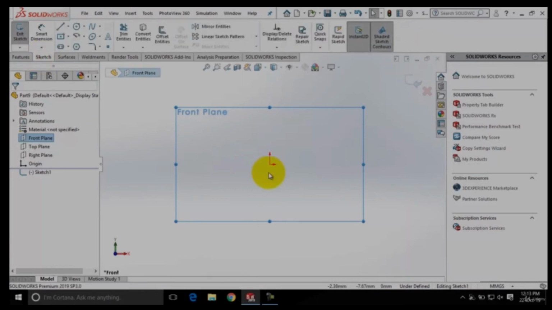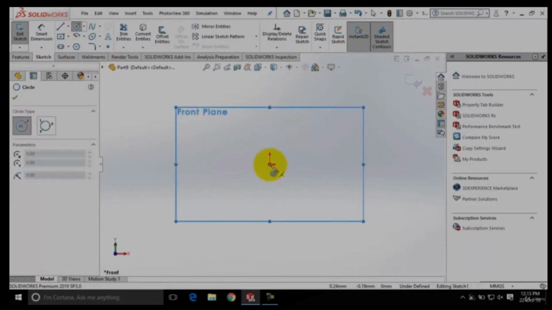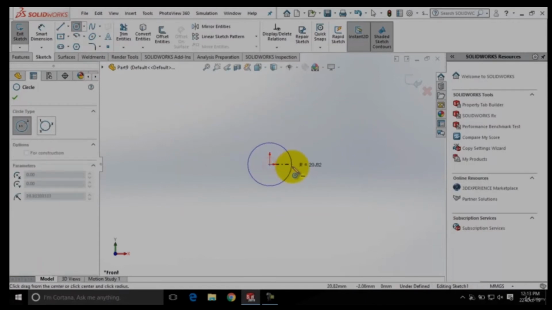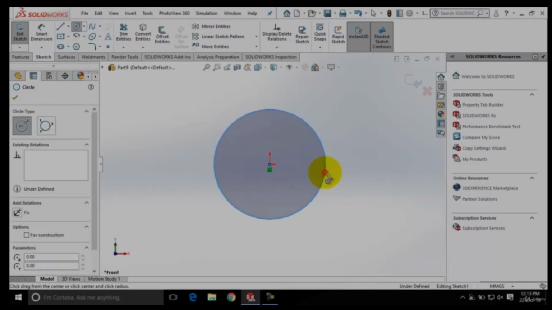To create the base feature, I will choose the Circle tool. Then I will click here for the center of the circle and I will create a circle of radius 52.85 centimeters. You can see as I have created a circle, we have been shifted to the PropertyManager here. We can see that all the properties of this circle have been displayed here on the PropertyManager.